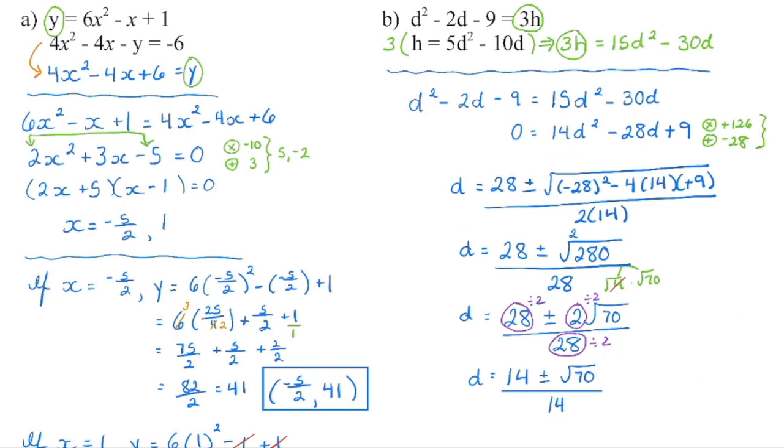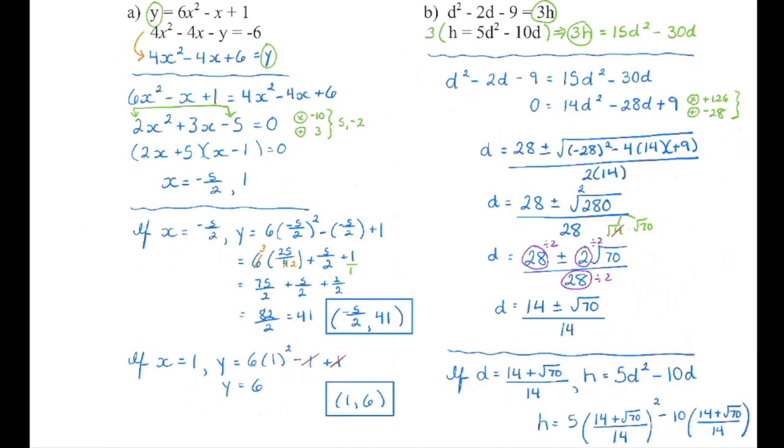One solution is 14 plus the square root of 70 divided by 14. The other is 14 minus the square root of 70 divided by 14. Now we need to solve for h. Now at this point, you could definitely take this solution, 14 plus the square root of 70 divided by 14,